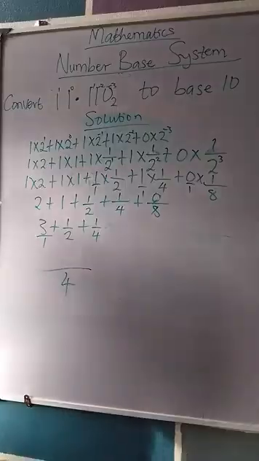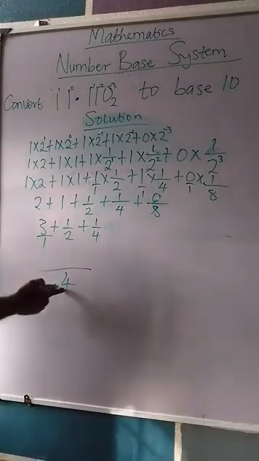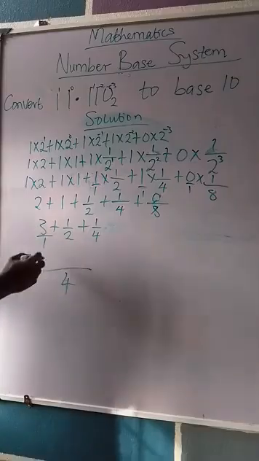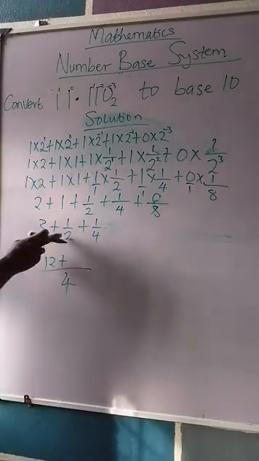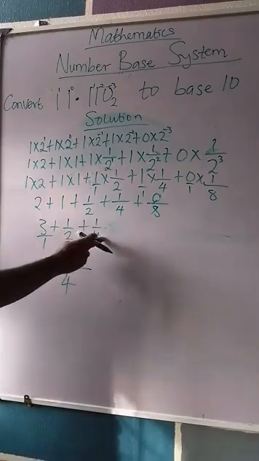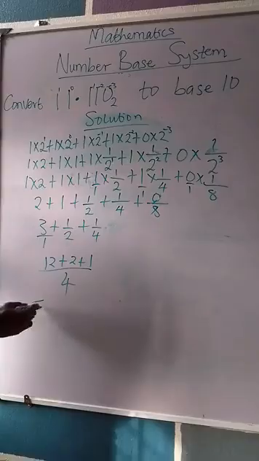What am I supposed to do next? Just simplify this to be this divided by this is 4. 4 times 3 is 12. Plus this divided by 2 is 2. 2 times 1 is 2. Plus 4 divided by 4 is 1. 1 times 1 is 1. So that gives me equals to